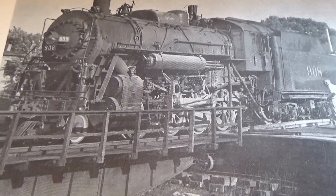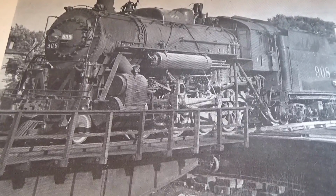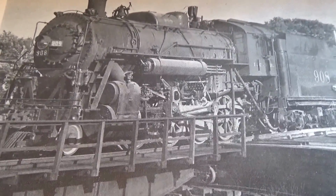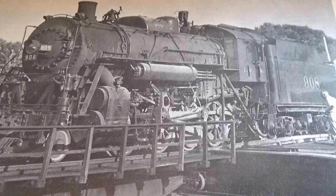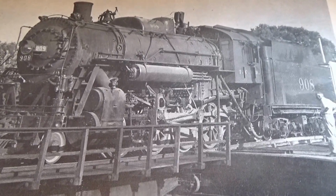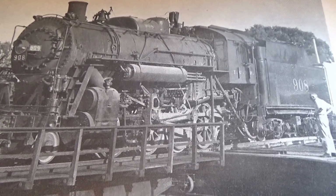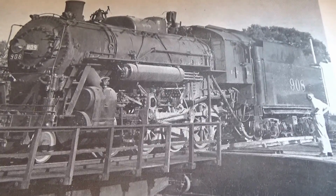Alright, look at this beautiful train. It's got a lot of details to it. This is number 908. Illinois Central's number 908 was one of the series of consolidations that Baldwin built for the Illinois Central in 19